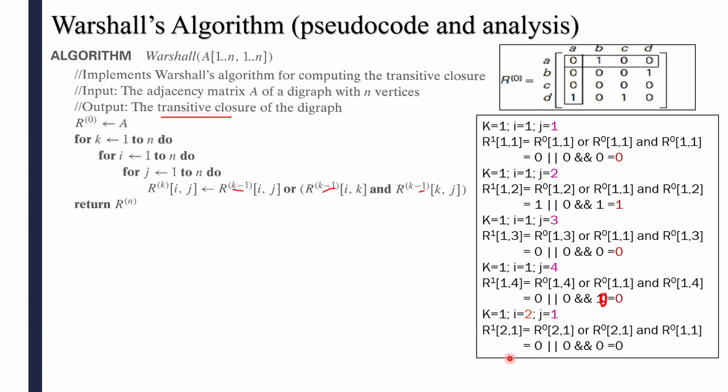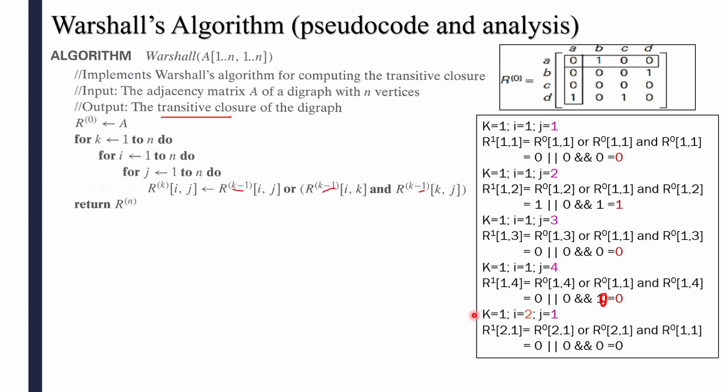In this way, you have to repeat the same procedure until the i value becomes 4 now. First, you have to increment j to 4. When j reaches 4 completes, then you increment i to 3 and next once again j from 1 to 4, and next i to 4 and j 1, 2, 3, 4. This procedure will repeat and when the i value becomes 4, then you will complete this one. After i becomes 5, you stop this for loop and you increment the k value here. You are using 3 for loops. That's why this procedure is repeated. How many times? 6 times it is. Okay, n cube times you are executing these statements.